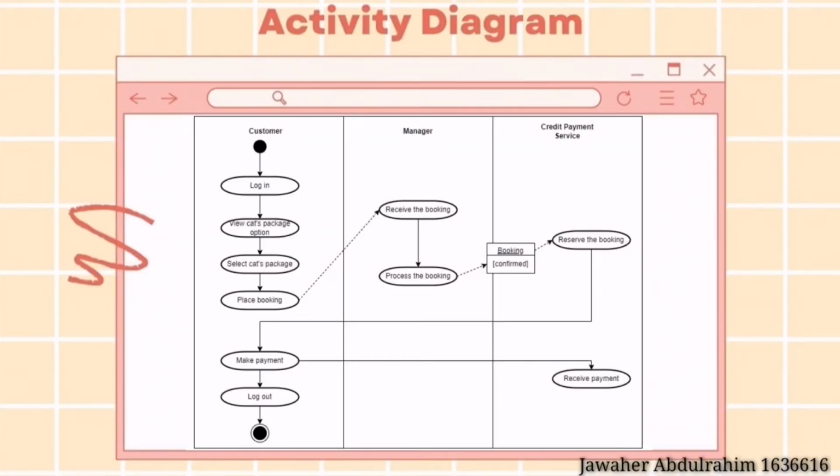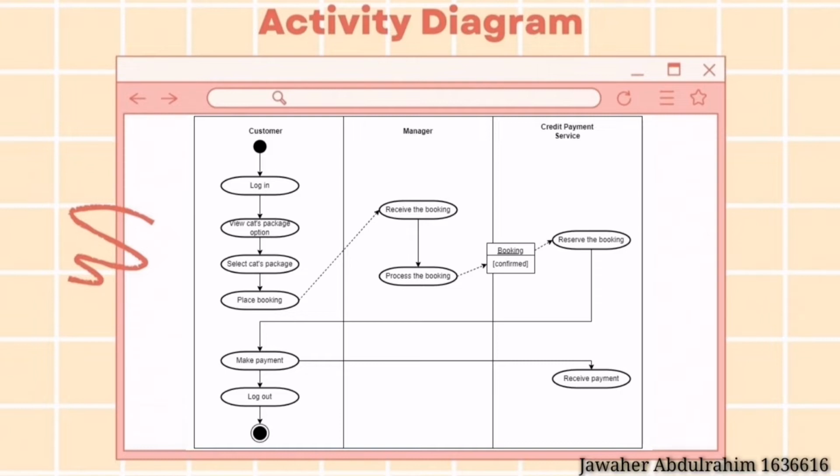Now let's move on and explain the activity diagram of our system. This diagram represents the flow from one activity to another, with an activity being an operation of the system. It starts from a customer logging into their existing account or creating a new account for new customers. This ends when users log out from their account. This is in general the whole journey of the user using our system.